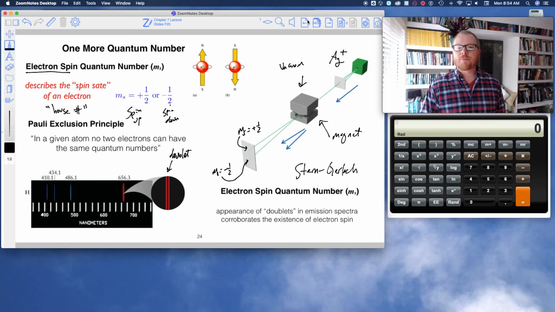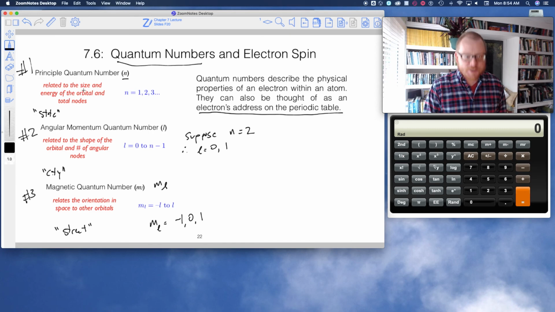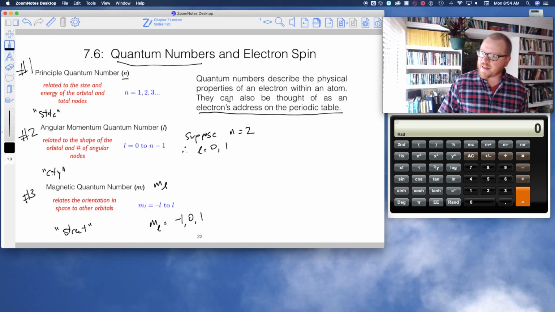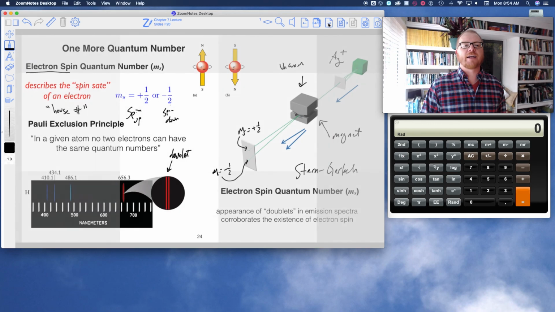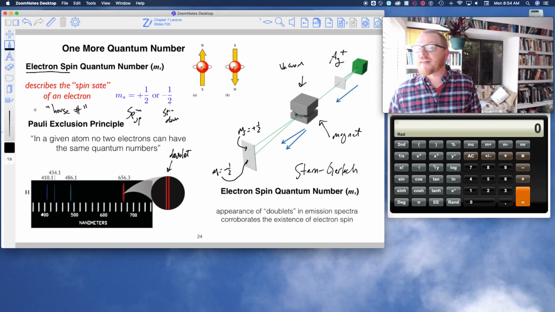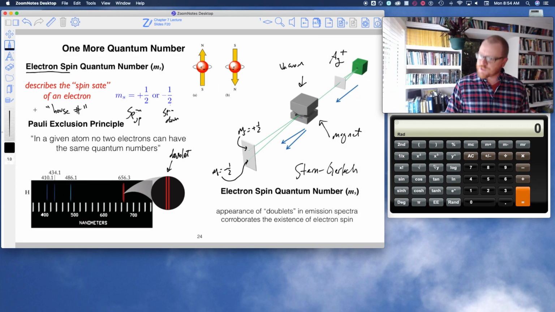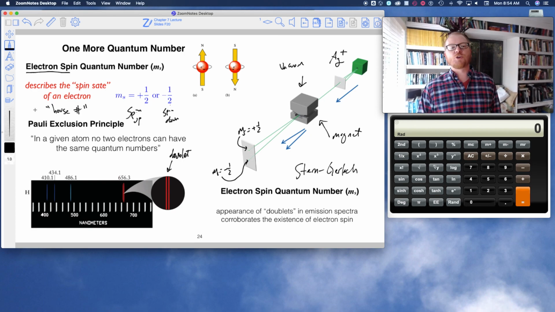So in summary, we have principal quantum number n. That's the main one. That's where we start. That's why I said it's like our state. We have the angular momentum quantum number. That's like the city we live in. That's based off of the principal quantum number. We have the magnetic quantum number, which is like the street you live on. So, of course, that's got to be based on the city you live in. And then finally, we have the electron spin number. That's like your house number on the street that you live on. And there's only two possibilities: plus 1/2 or minus 1/2. Okay? So let's see